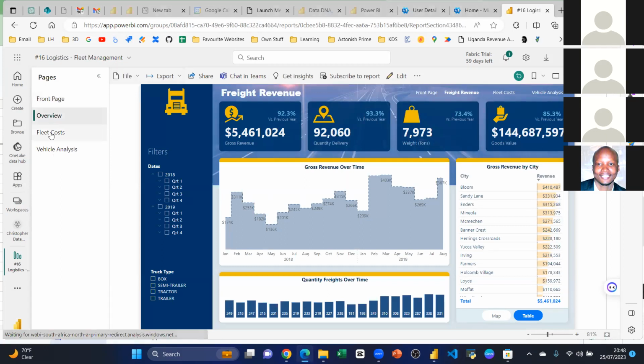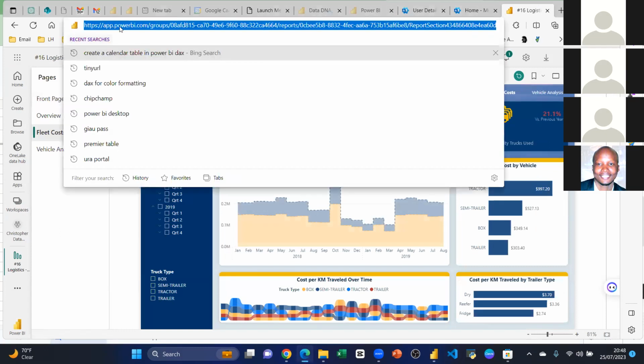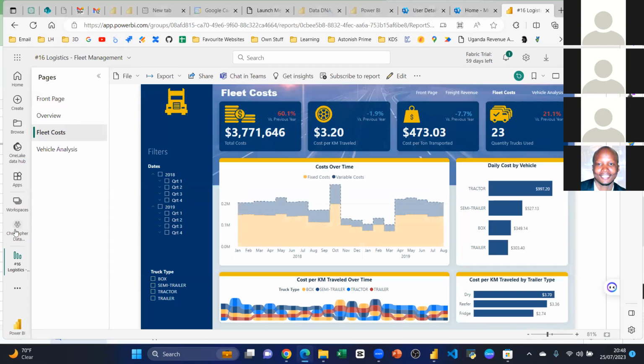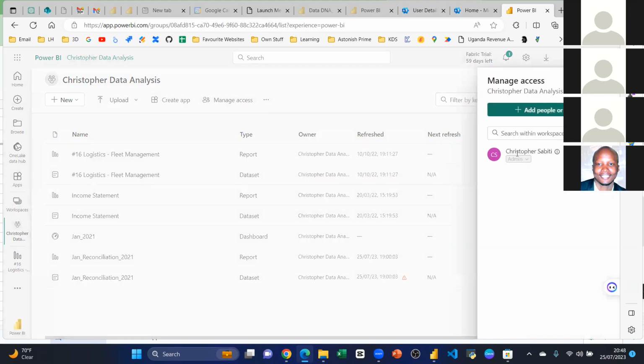Which link do you share with them? You don't copy this link and share with them. The moment you copy this link and share with them, it means that person has to have access to this workspace. This person should be added here, under manage access. The members who should be in this, which means now, Susan, for your case, let's say you create a logistics